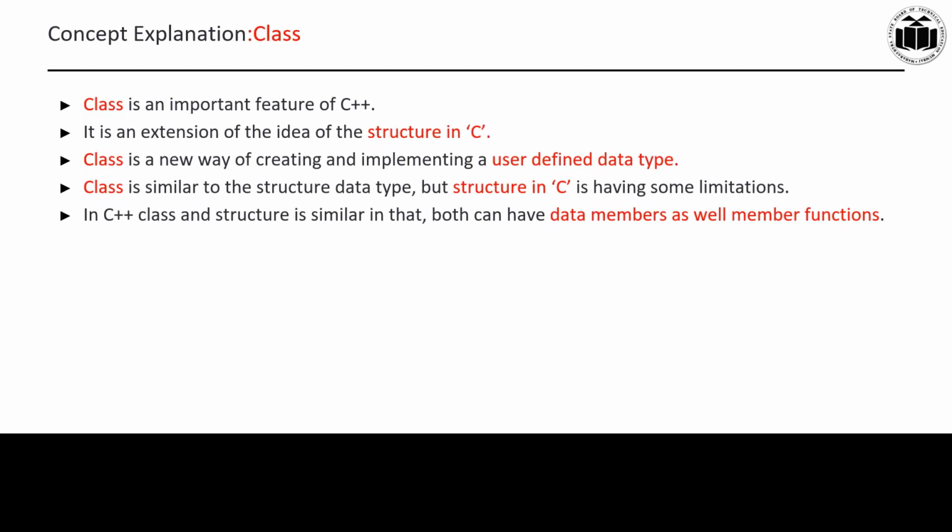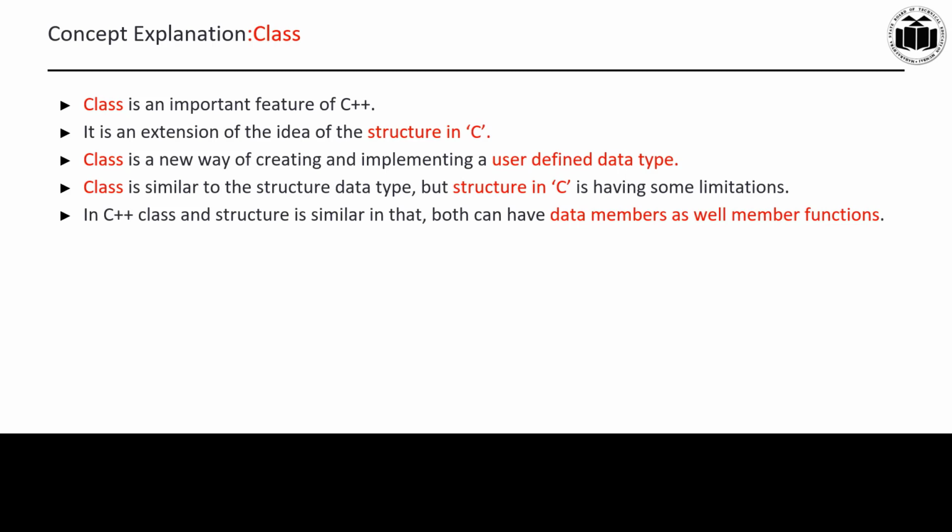Okay, now we will see class. Now what do you mean by class? Class is nothing but an important feature of C++. As in Unit 1, you have learned some basic concepts about the class. For example, suppose class is a fruit, then what will be the class objects? So class objects can be mango, banana. Same, we can take another example. Suppose class is a student, then what will be the class objects? So class objects can be student names. So student name can be Paul, Peter, John.